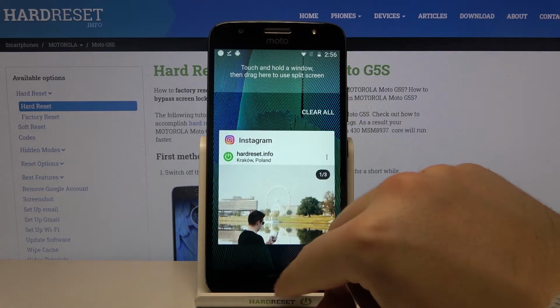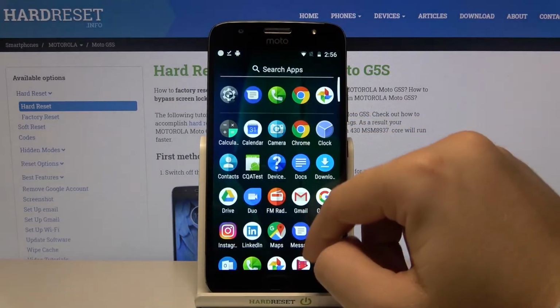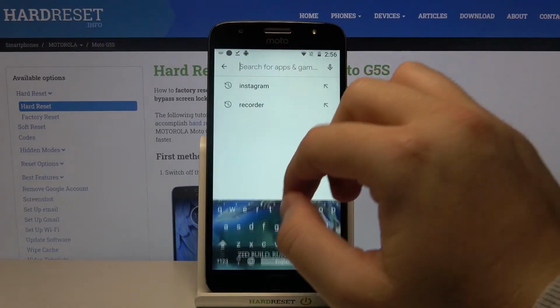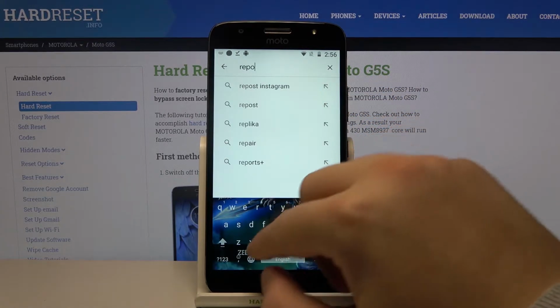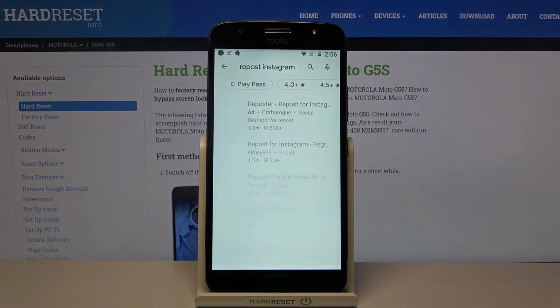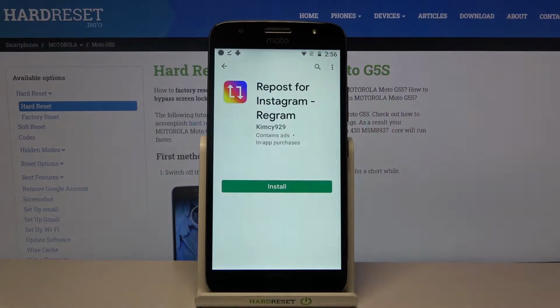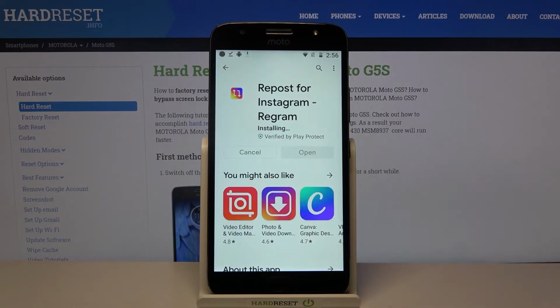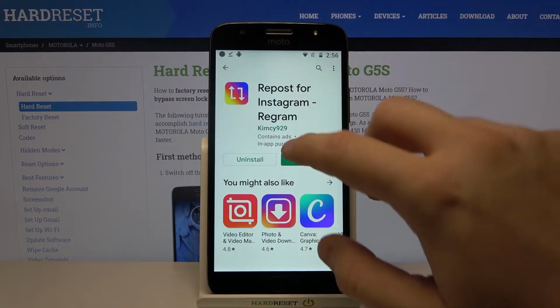After that, we have to move to the Play Store and we are going to get the Repost application. So type Repost for Instagram. You can also take it from the quick list, and we have to get this application from Kimsey929. So let's get it. Right now we can open,